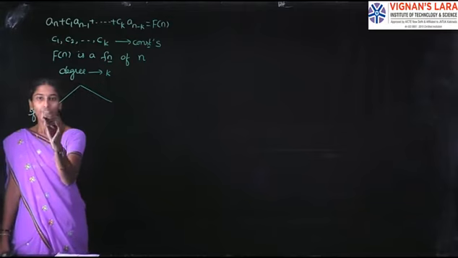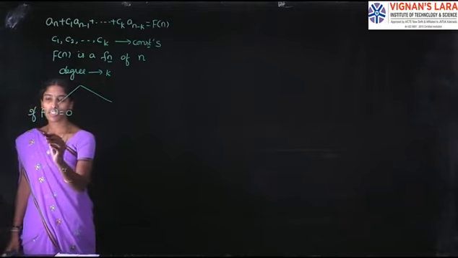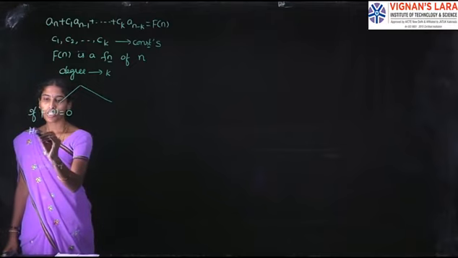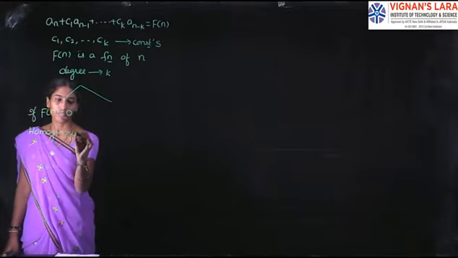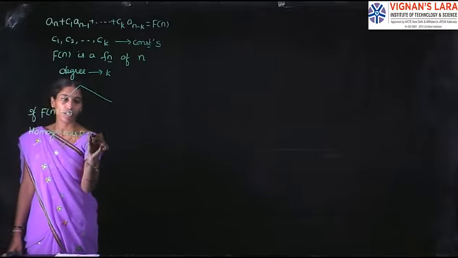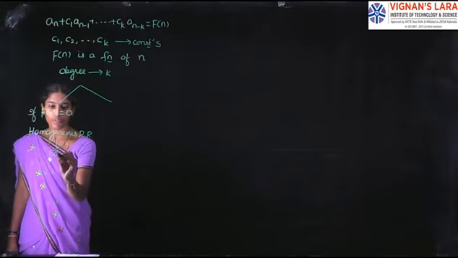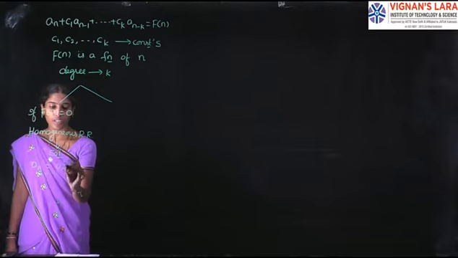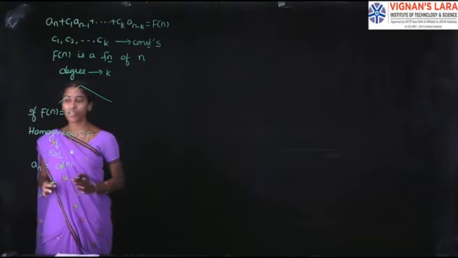If f(n) is equal to 0, we have two types of recurrence relations. One is if f(n) is equal to 0; such a type of recurrence relation is called a homogeneous recurrence relation. For this homogeneous recurrence relation, its solution is of the form a_n = a_n^(h), which indicates only the homogeneous solution.